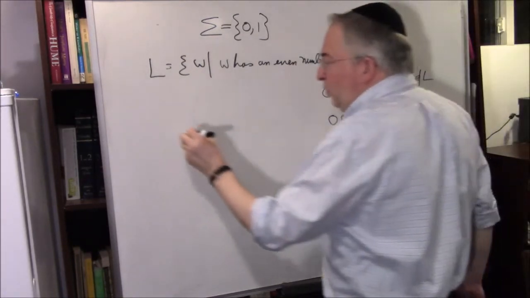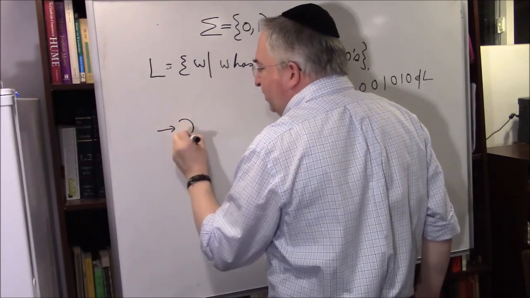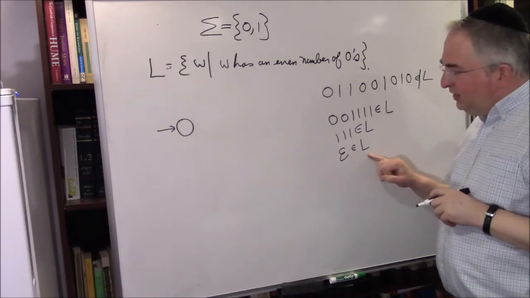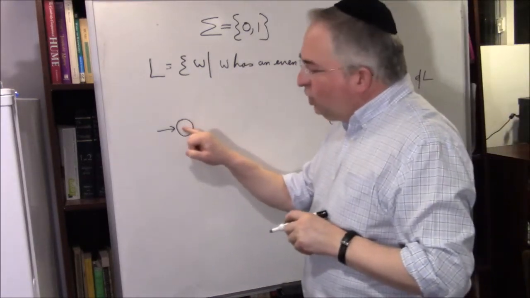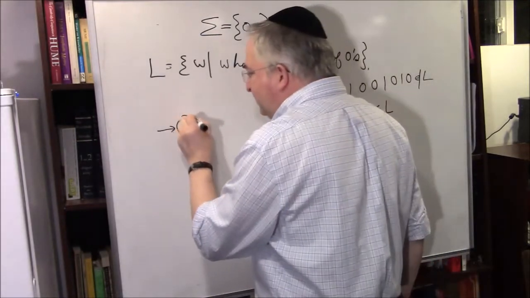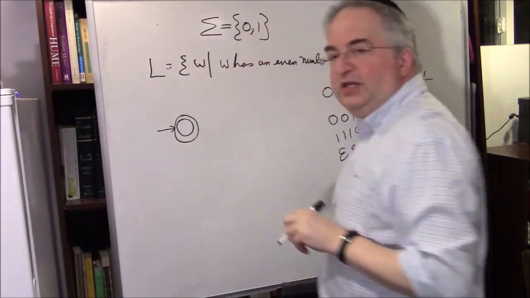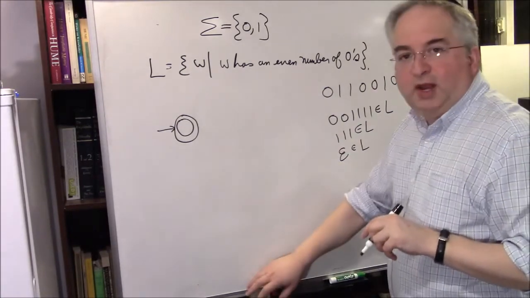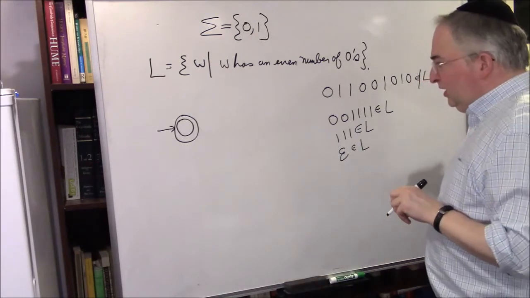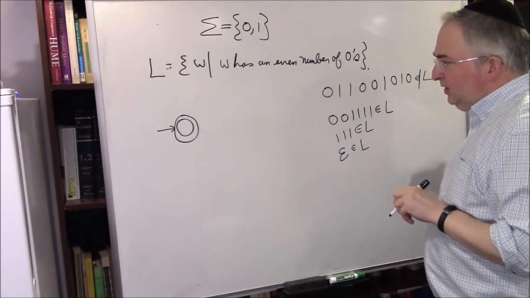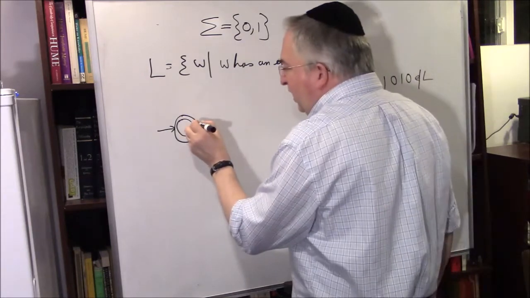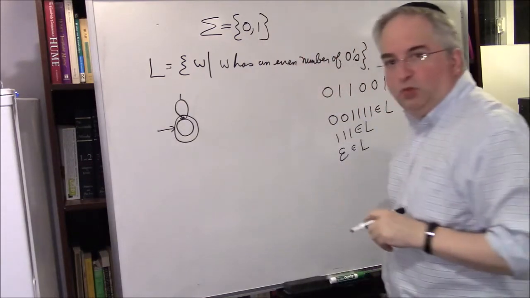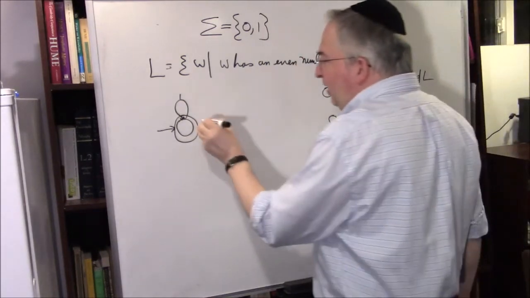Okay, great. So what we do is we start off with a state. Okay? And by the very fact that the empty word is in the language, that means if I don't go anywhere from here, it's accepted. So the starting state is an accepting state. Whenever you have this phrase, the empty word is accepted, you automatically know that the starting thing is accepted. Okay, then we have as follows. If you have a 1, I don't care. Stay right there. I'm not interested in your 1s. Stay right there. Okay? If you have a 0,